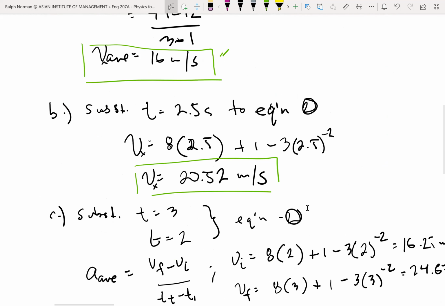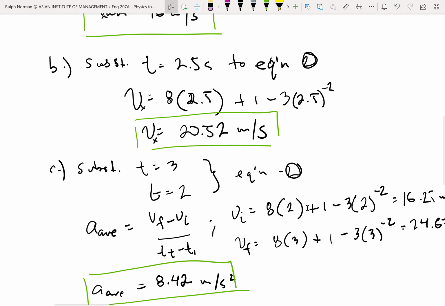So for C, we haven't given time, pero do recall na yung average acceleration is simply delta v over delta t rin na naman eh. So you have yung final minus initial velocity over final minus initial time rin eh. However, you don't have yung velocity. So the good thing is we have yung first derivative naman done, and just simply substituting yung mentioned time moments nila at 2 or 3 seconds, you would receive yung 16 point